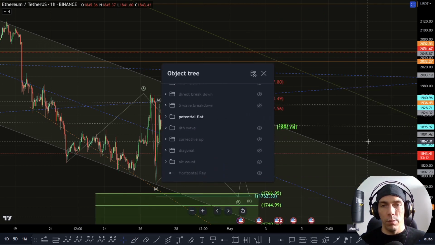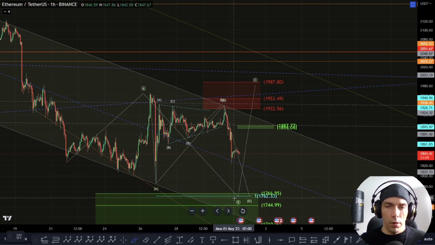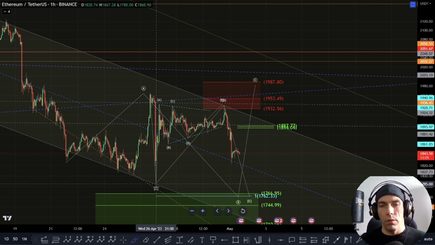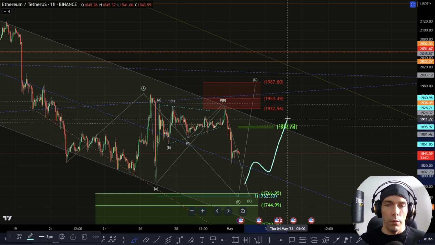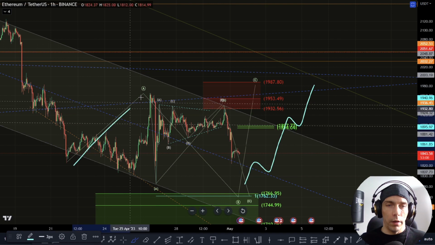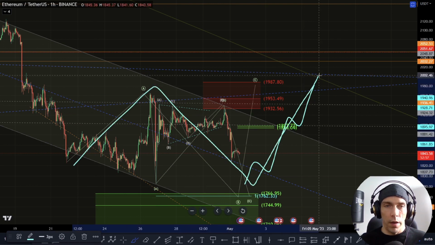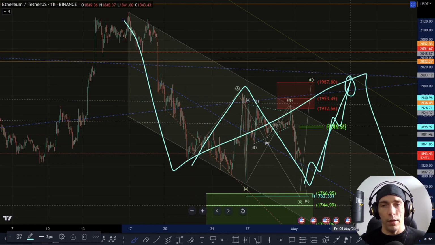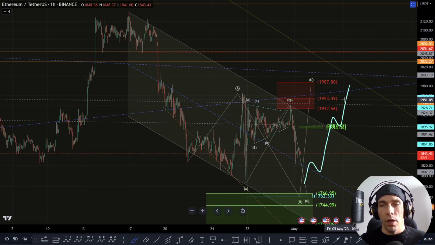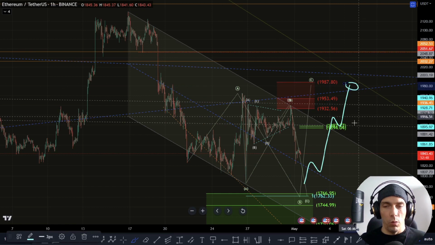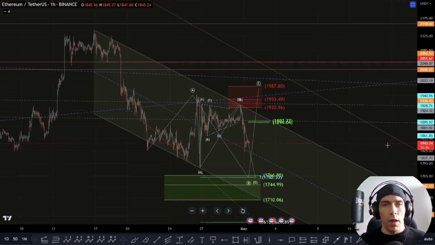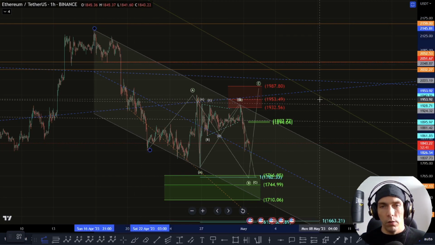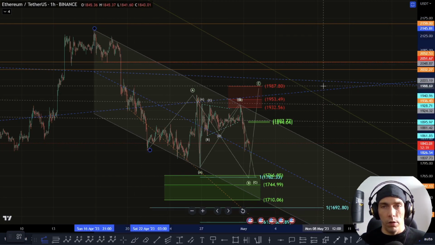Like I said, we've got this possibility of a flat here. So if we do take this low over here of this A wave, which is currently sitting at this 1785, I'd be cautious of a 5-wave structure up. Like I said, there's the possibility of a bigger A, B, and C as a flat, and then we could look for this as A, B, and C, and then look to break down. Obviously, once we get this C wave to the upside, we'll be able to get a more definite target to the downside. But if we had to just eyeball it and say it went up towards, let's go, this 1.618,